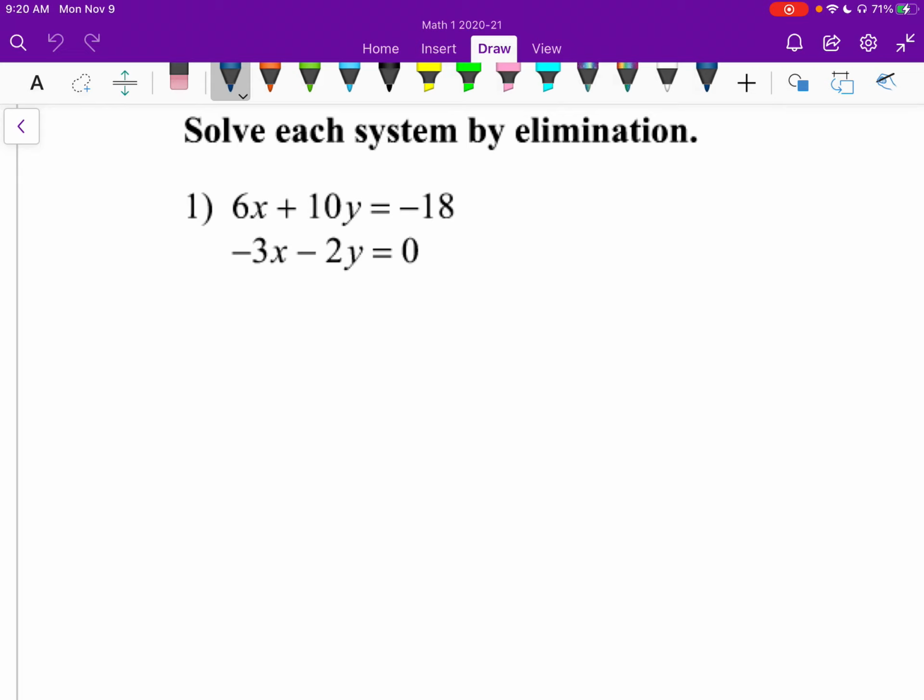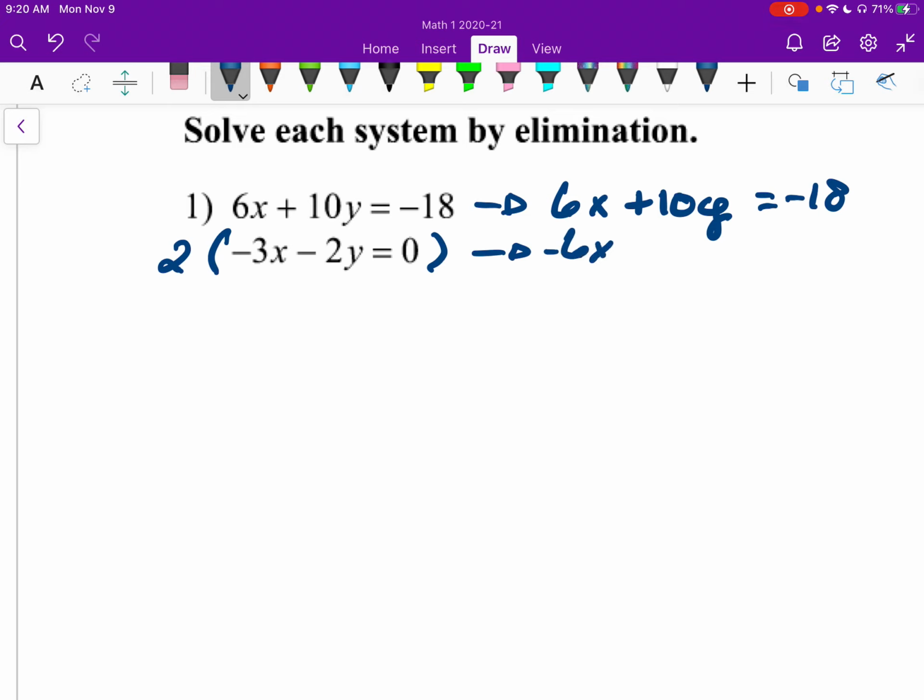So we look at this negative 3 here. We could turn that into a 6. Right? We could turn that into a 6 by multiplying by 2. So let's do that. If we multiplied everything here by 2, we'd turn this into a, well, the top stays the same, 6x plus 10y is negative 18. The bottom piece turns into a negative 6x minus 4y equals 0. Now we have a 6x and a negative 6x, and we can eliminate,